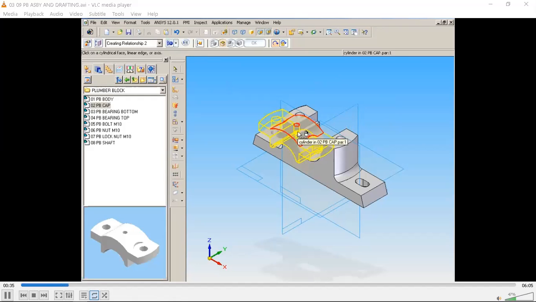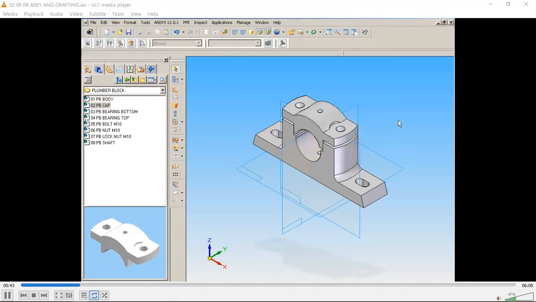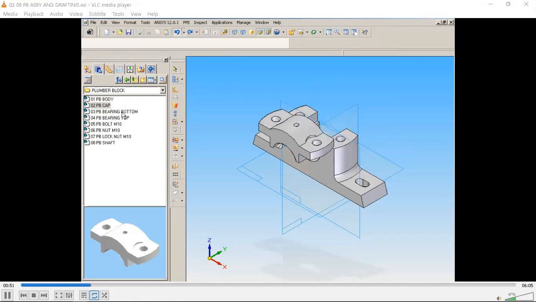So hold for a second. So observe here, you will be getting this gap. If this gap is not there, whatever you have done is wrong. So there should be a gap.